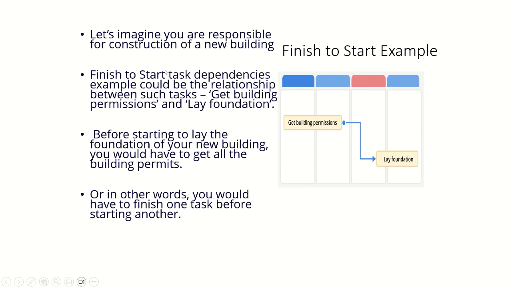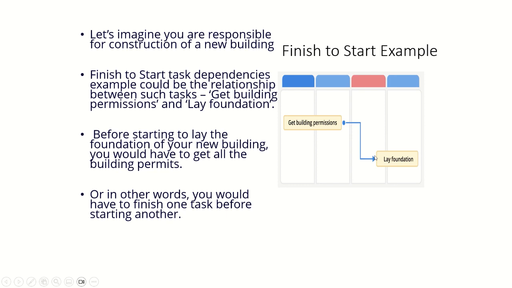A finish to start dependency example could be the relationship between getting building permissions and laying the foundation. Before starting to lay the foundation of the new building, you have to get all the permissions, right? Unless you get all the permissions for building a new building, you cannot lay the foundation